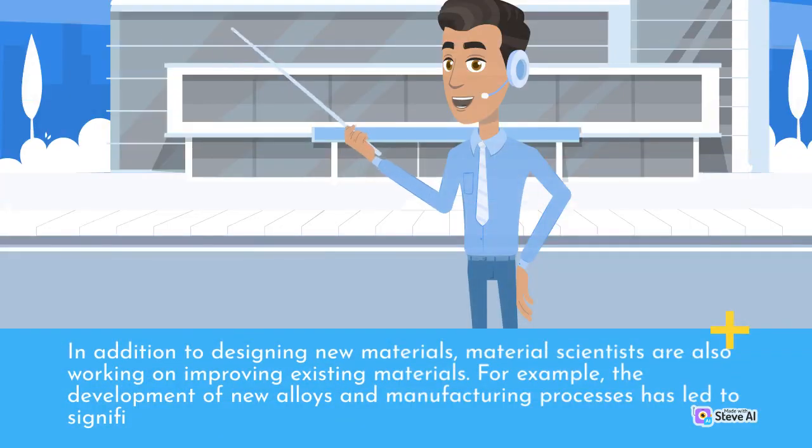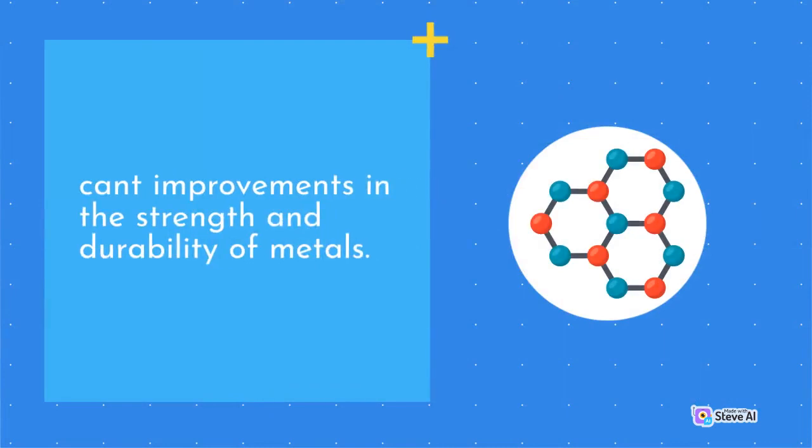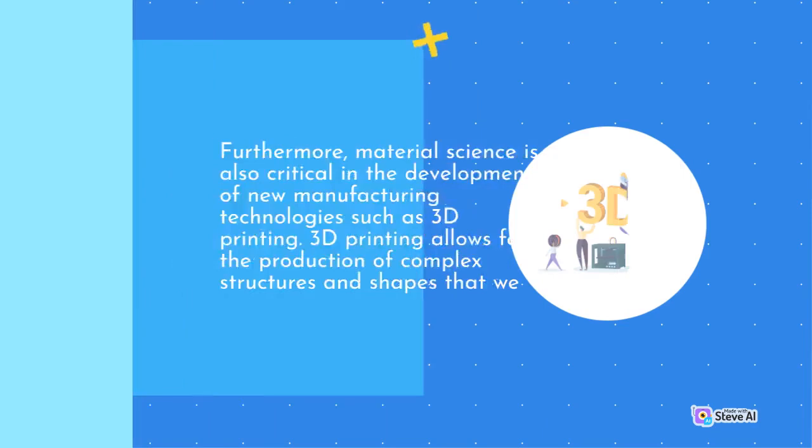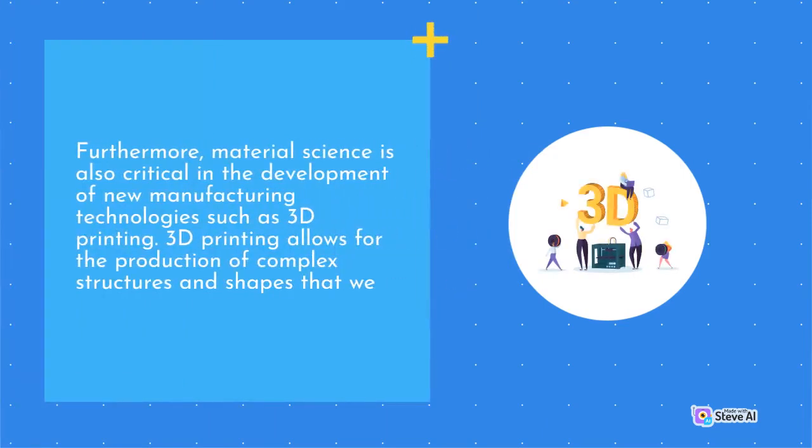In addition to designing new materials, material scientists are also working on improving existing materials. For example, the development of new alloys and manufacturing processes has led to significant improvements in the strength and durability of metals. Furthermore, material science is also critical in the development of new manufacturing technologies such as 3D printing. 3D printing allows for the production of complex structures and shapes that we